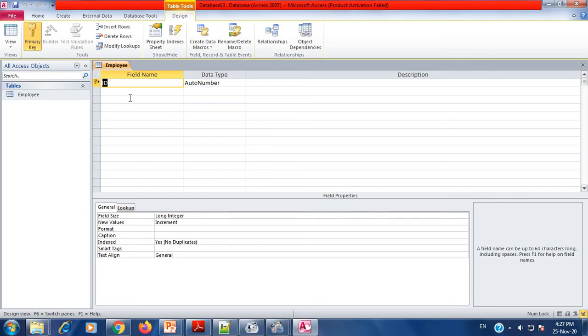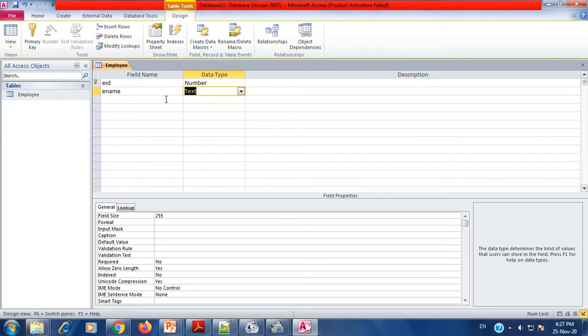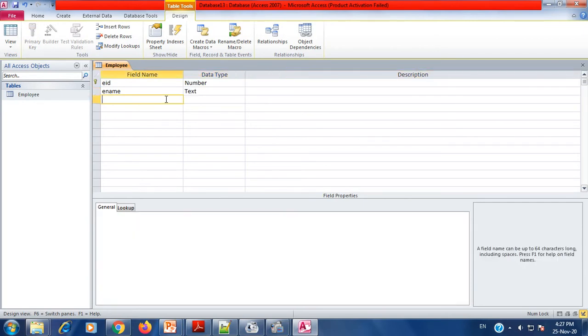Now you have to create the fields that you actually want to add in your table. I want to create an employee ID, so EID is my first field. Instead of auto number, I am selecting a number data type. The next field is employee name, so its data type will be text.